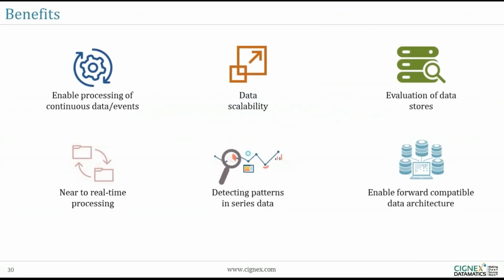Now let's try to understand what kind of benefit we can get from this architecture. Definitely this is a high-level architecture which is likely to change based on the industry and the customer, with some minor changes. But in general, these are the high-level benefits you can get out of it. First, it enables the processing of continuous data. Unlike ETL, where you have a series of batches, the data comes in a batch, you process it, and store it in the designated system. But here, with this architecture, you can continuously process the data 24/7.